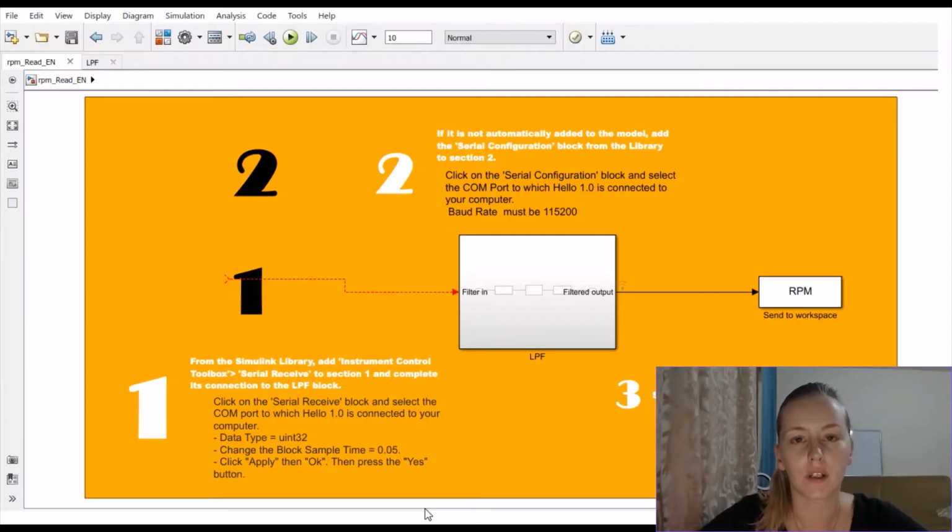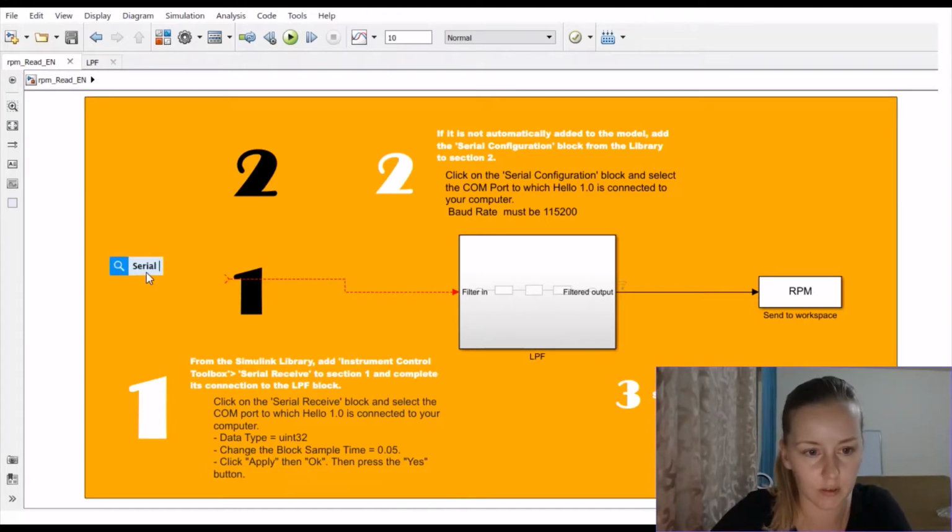Before we start our experiments, I would like to show you how you can make a configuration for the Hello box so that it will work properly. You need to open settings, that's what I've done a moment ago, and you can see this yellow screen to make some configurations. Actually, all the steps are written here, but let's make it together. So step number one, we need to choose serial receiver. Let's make it. And from